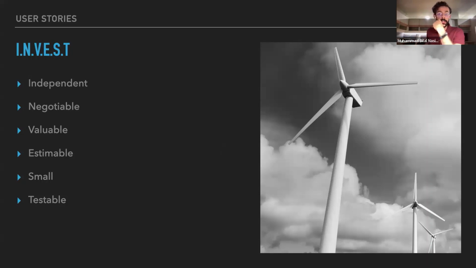this is another framework for writing a great story, and this framework is called INVEST. INVEST means that every single user story that you write should ideally be independent, negotiable, valuable, estimable, small, and testable. What this means is, independent basically means that a user story should not be dependent in the sense that